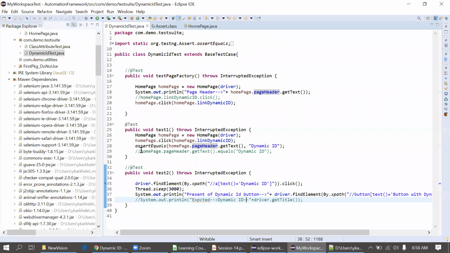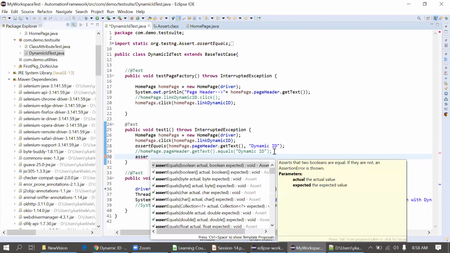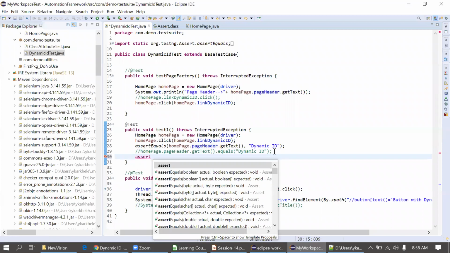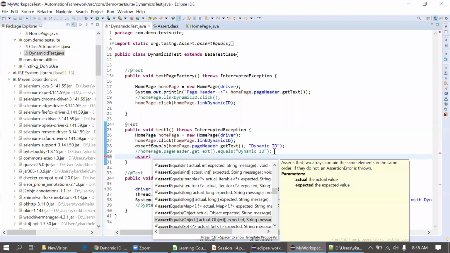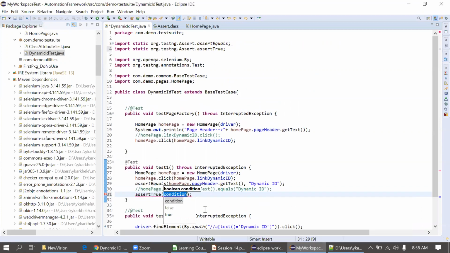Actually, if you want to use this sentence in assert, there is another method as well. There are multiple methods in the assert. We can use just assert true. Yeah, you can see the assert true method is there.